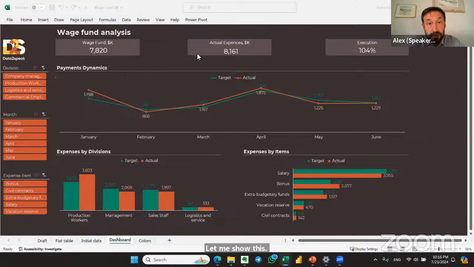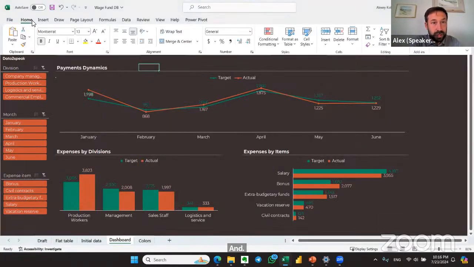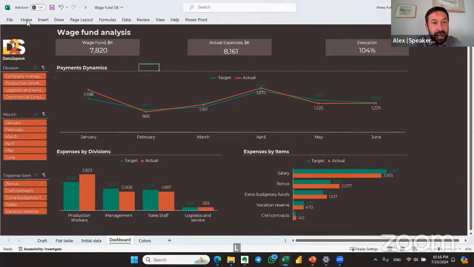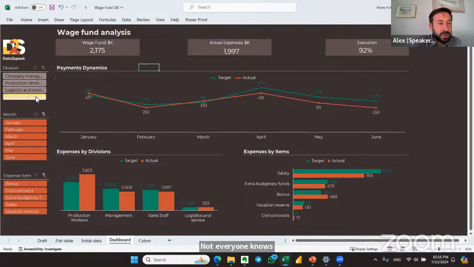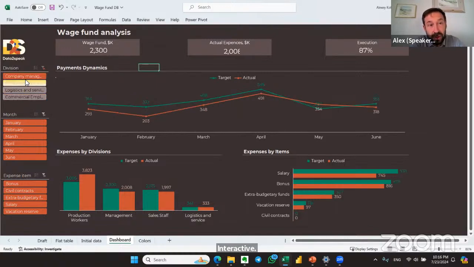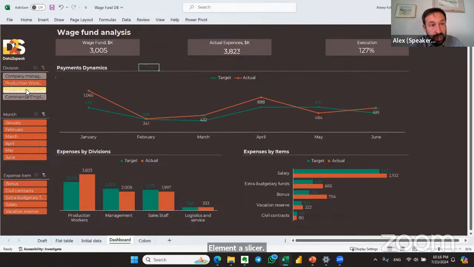So that's Excel, to make sure. And not everyone knows that we can use such an interactive element as a slicer, and it looks like Power BI or Tableau.